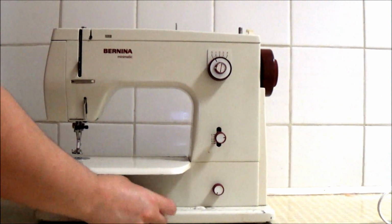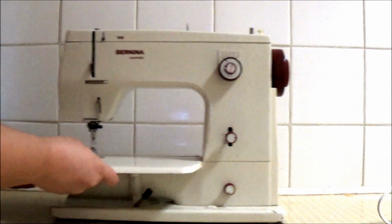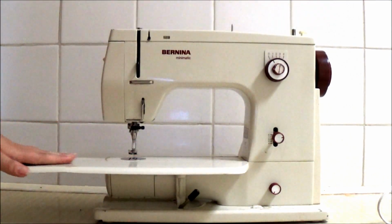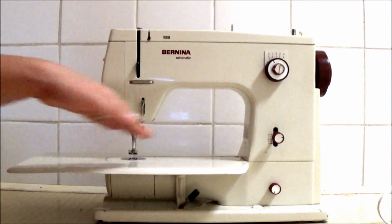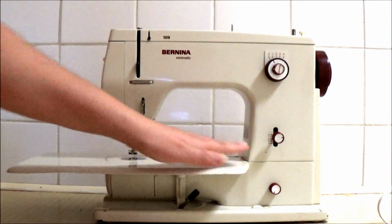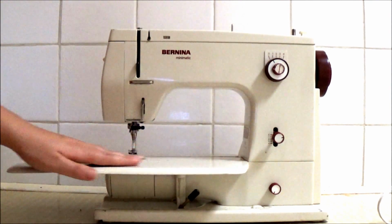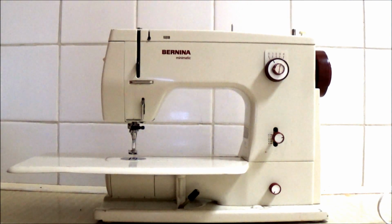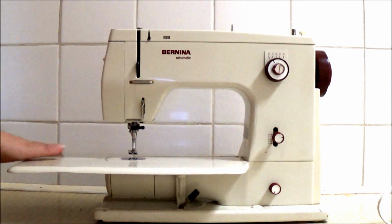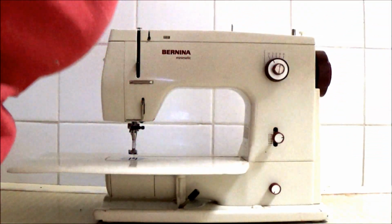If you have a Bernina sewing table, this machine will fit perfectly in the Bernina sewing table. It is the regular dimensions for a Bernina machine, so you wouldn't require this piece. And you can just leave that for when you travel or things like that. The power cable, sorry about that. Okay, so